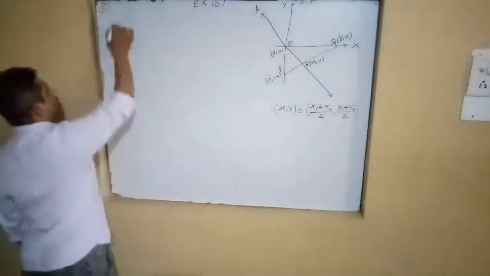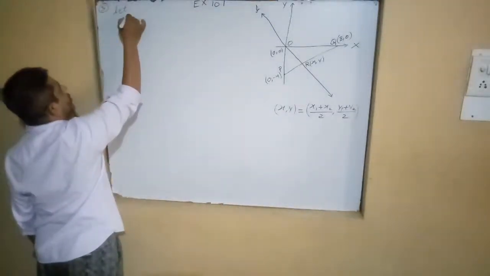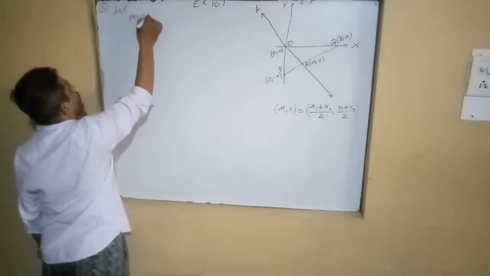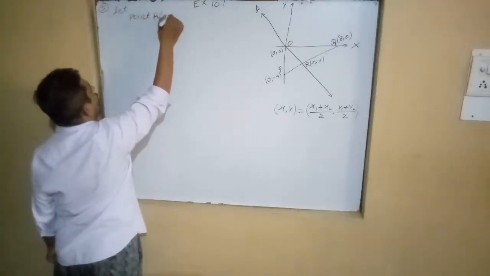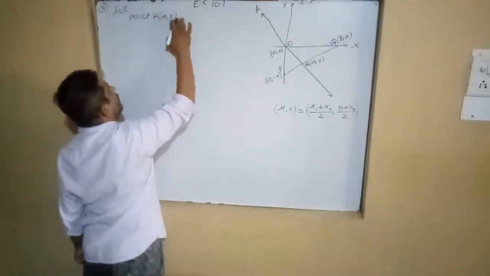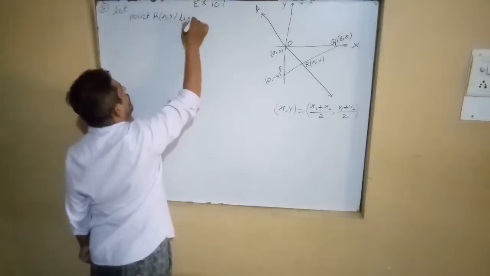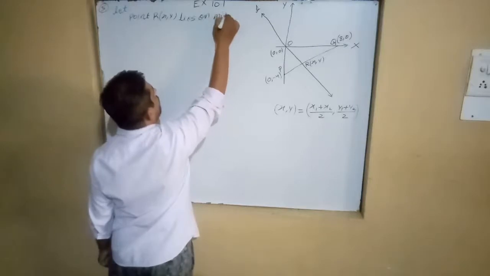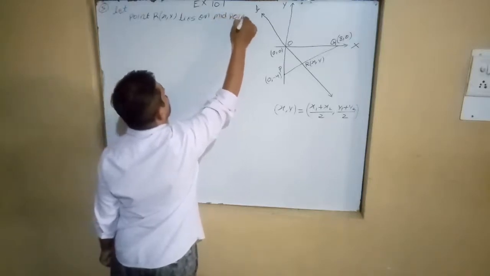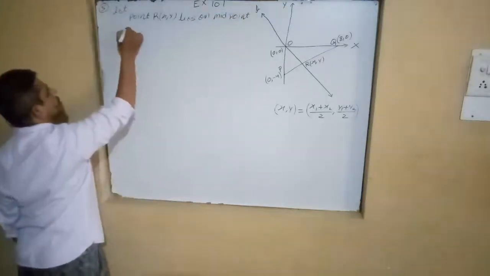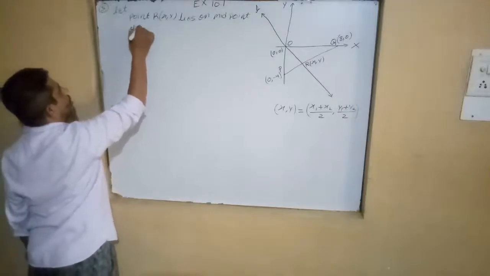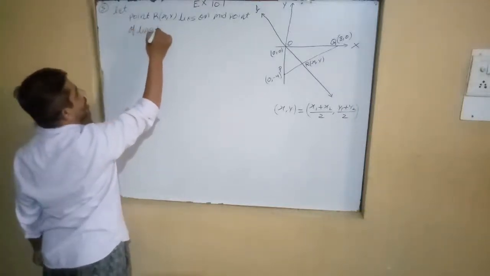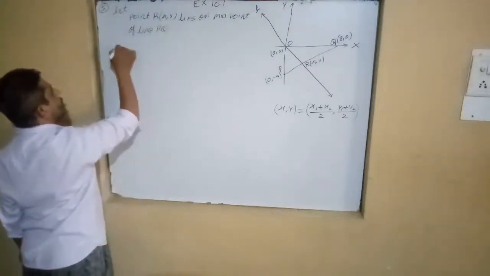So we write here, we let point R, which is (x, y), lie on the midpoint of line segment PQ. Therefore,